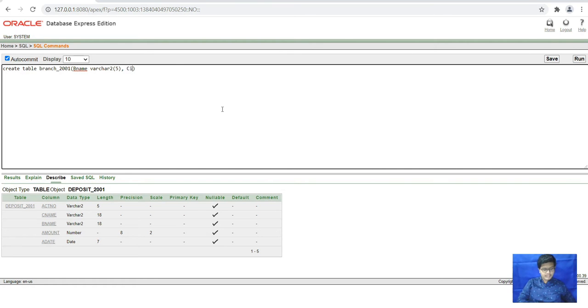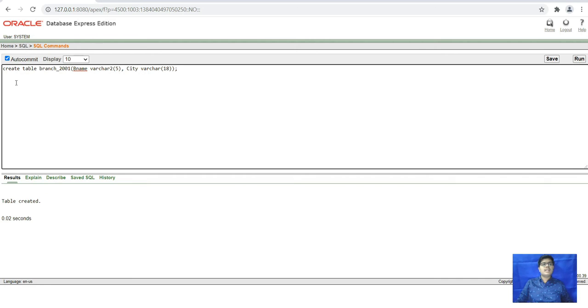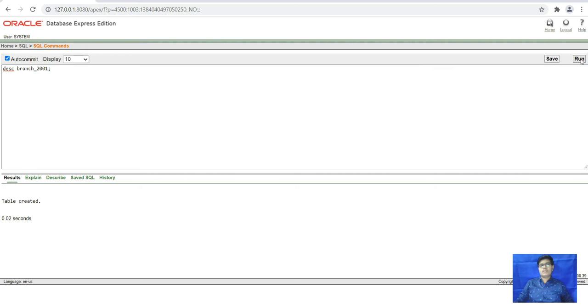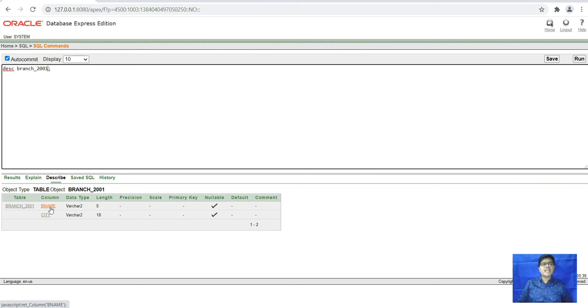After that, city varchar2 of 18. Let's check whether the table is created or not. The table is created. Now we will describe the table. The table is created with bname, that is the branch name, having a length of 5, and city, having a length of 18.